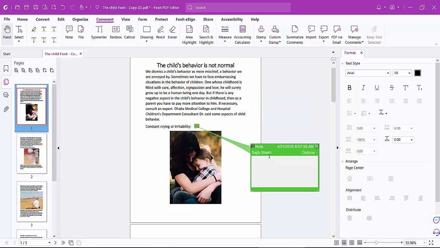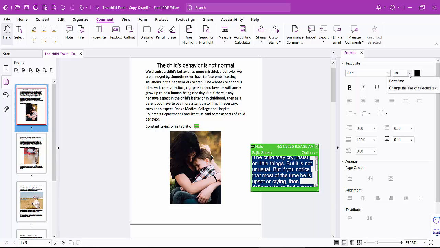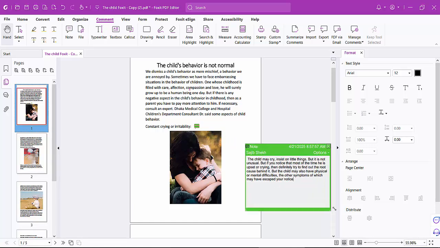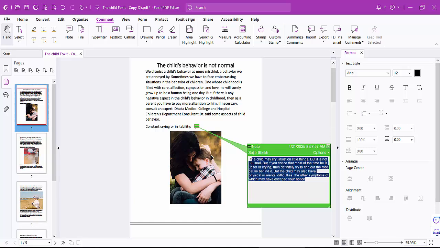move your pop-up note box up and down and type your text or insert text in this pop-up box, and also I'll decrease this text font size and I'll increase this pop-up box, and here you can see the text